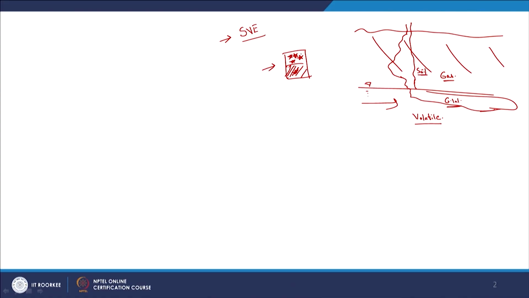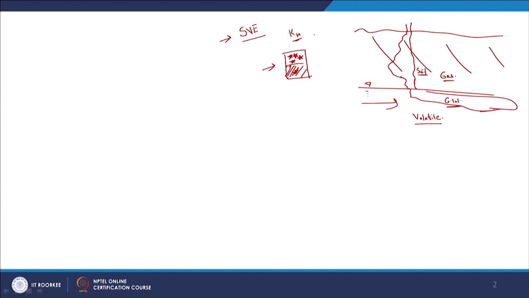So if you shift the equilibrium, the system is going to move in such a way that equilibrium will be reached again. For example, if this is the contaminant in the gaseous phase and this is the contaminant in the aqueous phase, by soil vapor extraction I am able to remove this contaminated gas, and now I am going to have fresh, uncontaminated gas in contact with the aqueous phase. So what is going to happen? The contaminant is going to change phase from the aqueous phase into the gaseous phase, and a new equilibrium is going to be achieved.